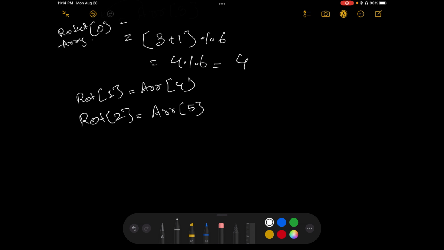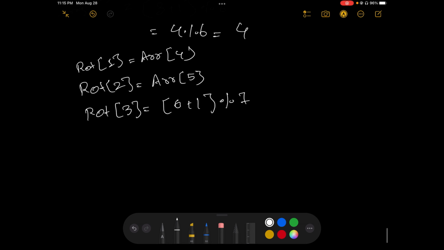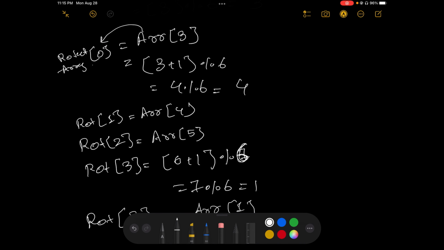Now when it comes to rotated array of 3, the index will be 3 plus 3, which is 6, so 6 modulo 6, which will be 0. So from here we were passing array of 3, then array of 4, array of 5, and then